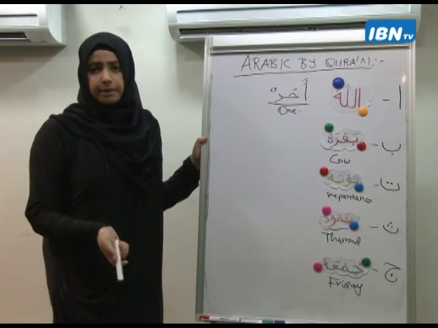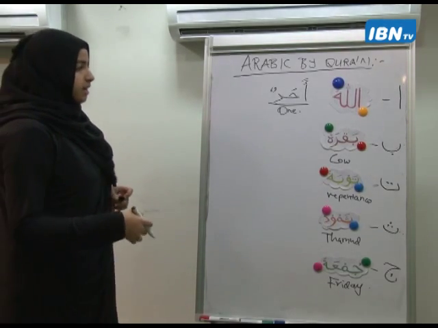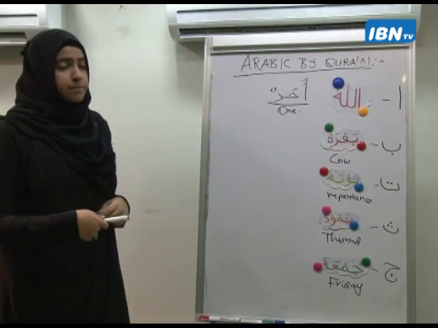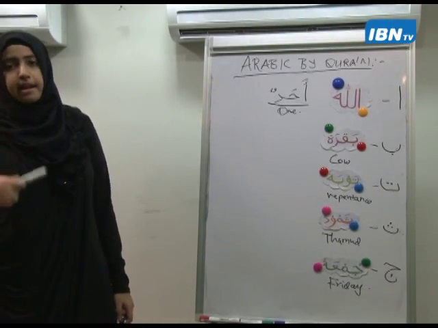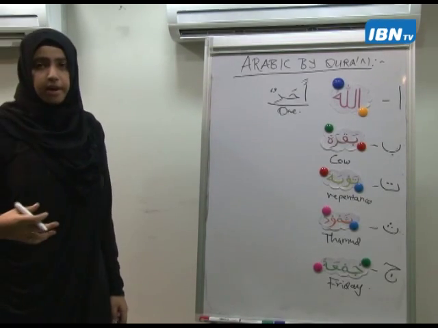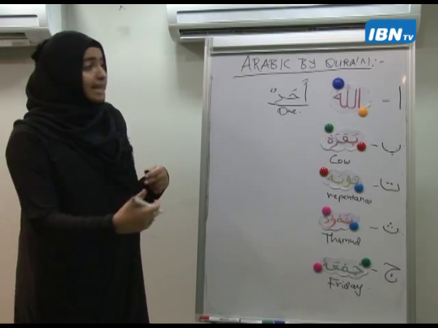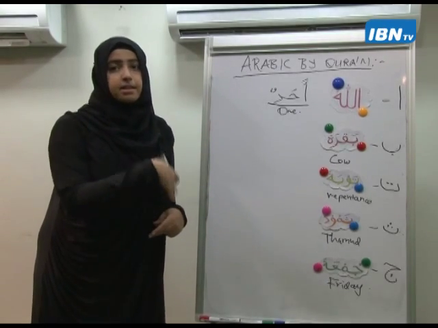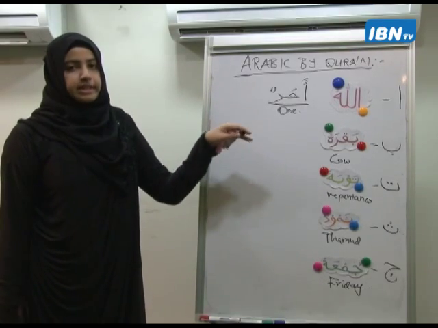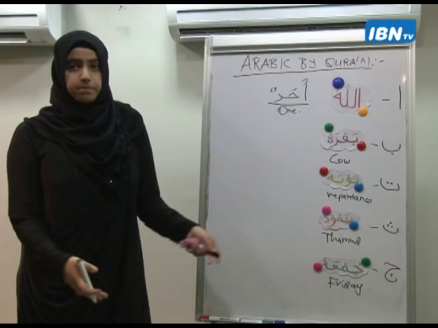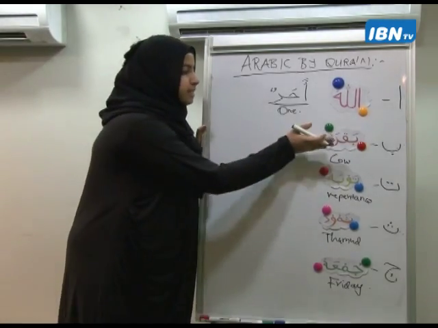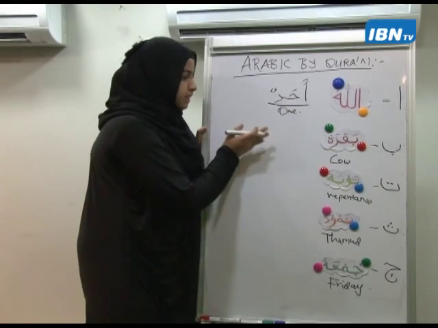Then we go to baqaratun. Now, what did we say about baqaratun? We said that baqaratun ends with a ta marbuta. So what did we say about the ta marbuta? It denotes feminine. Now, because it denotes feminine, the noun is in the feminine term, therefore automatically, even the adjective will be in the feminine. Alright? I can't say baqaratun kabirun. Why? Because kabirun is for masculine. Okay? You cannot use that for feminine. So I will say baqaratun kabiratun.